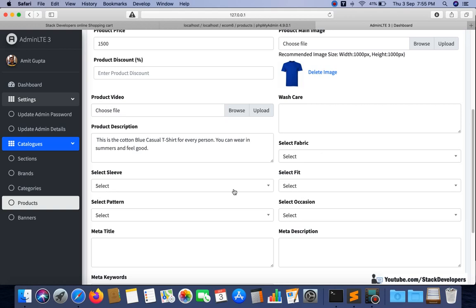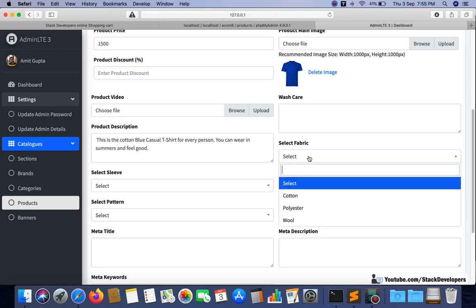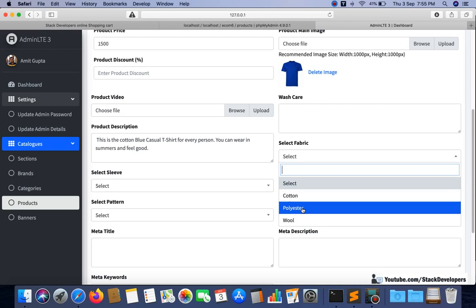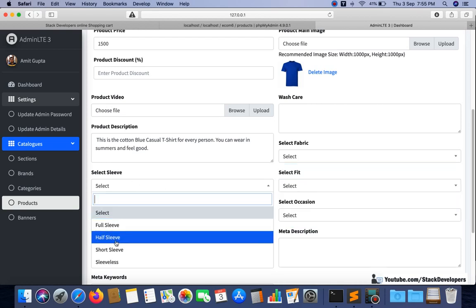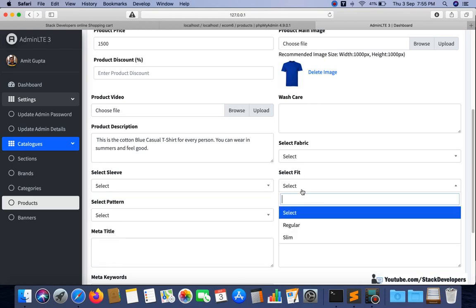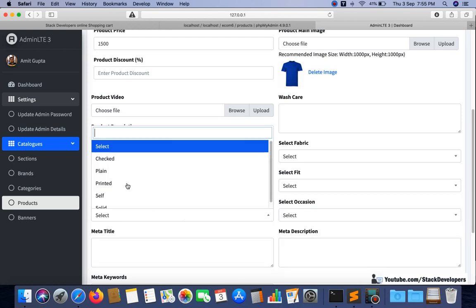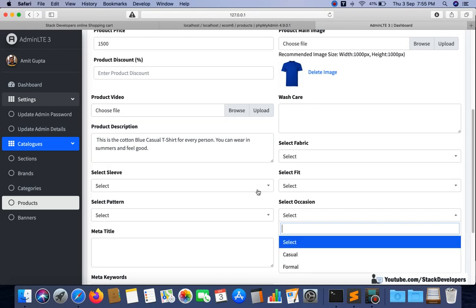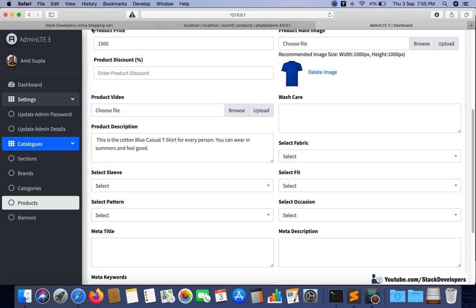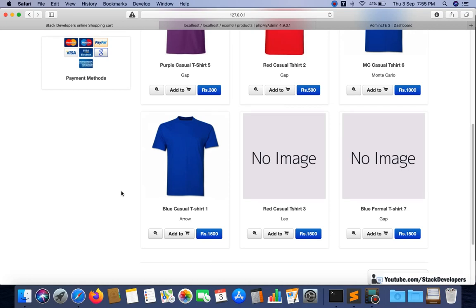Select fabric, select sleeve, select fit, select pattern, select occasion. In fabric you can see cotton, polyester, wool. In sleeve, full sleeve, half sleeve, short sleeve. In fit, regular and slim. In pattern, checked, plain, pigmented, self. And in occasion, casual and formal. These filters we are going to display in the left sidebar here.